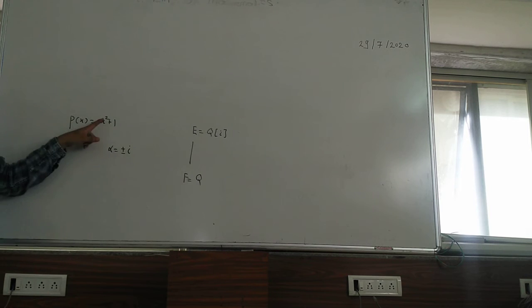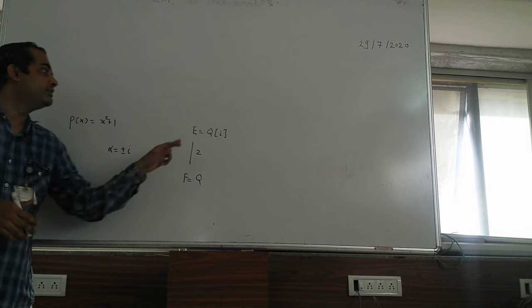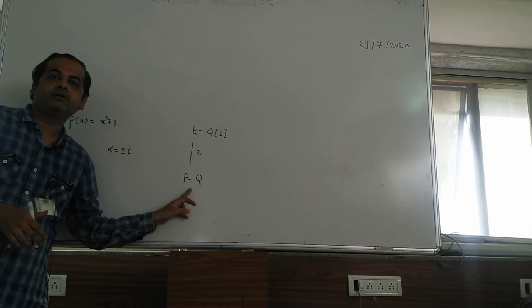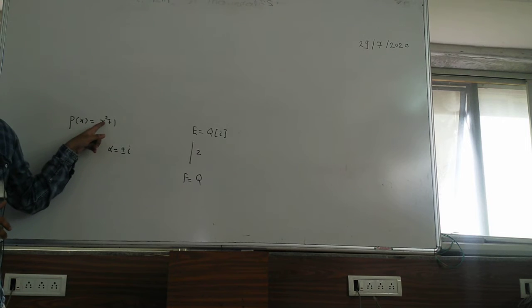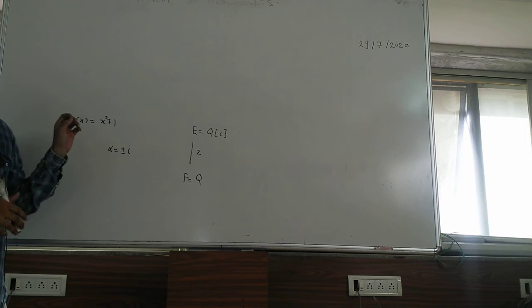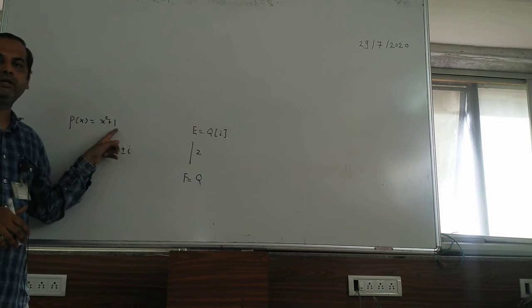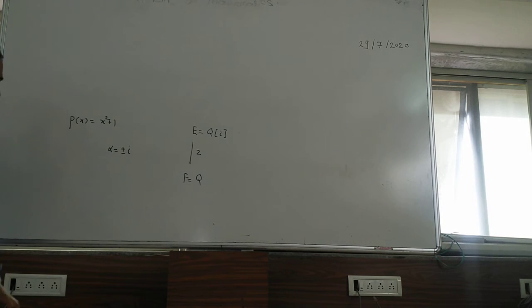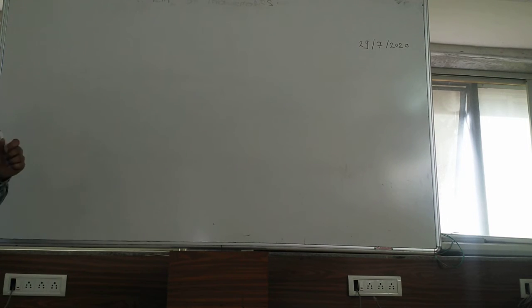And what is the degree of that polynomial? So how to read this? Q of i is an extension of Q with respect to the polynomial p of x, x square plus 1. With respect to an irreducible polynomial, not just a polynomial, irreducible polynomial p of x is equal to x square plus 1. So in this way you can have lots of degrees of extension. Okay, we'll solve another one. Let's have another one.